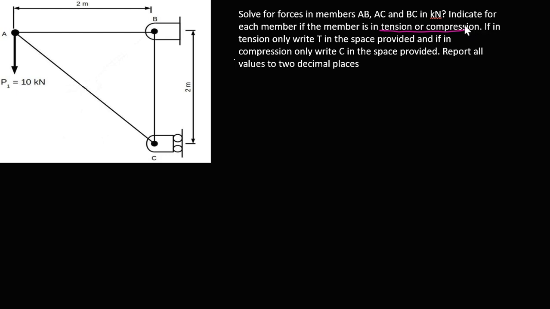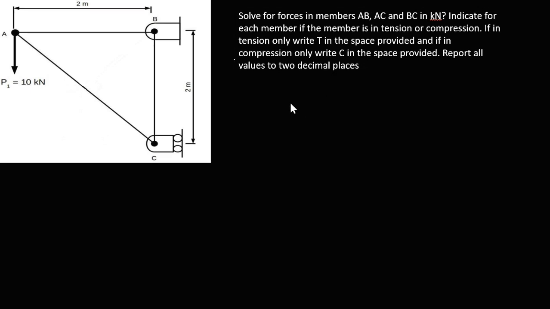Okay, if in tension, only write T in the space provided, and if it is a compression, write C in the space provided. It was a test question. Report all your values in two decimal places. I need to highlight that so that I don't make that mistake again. Okay,